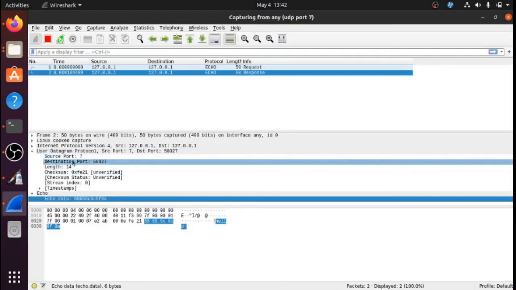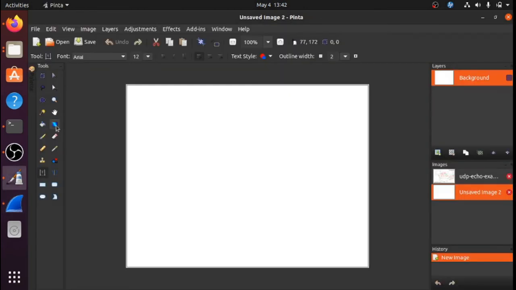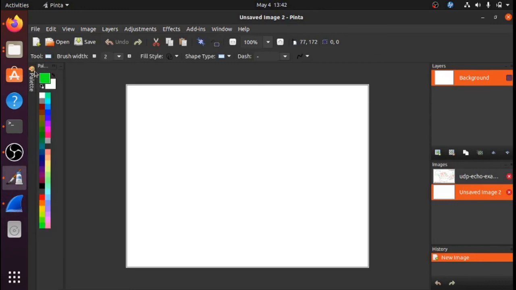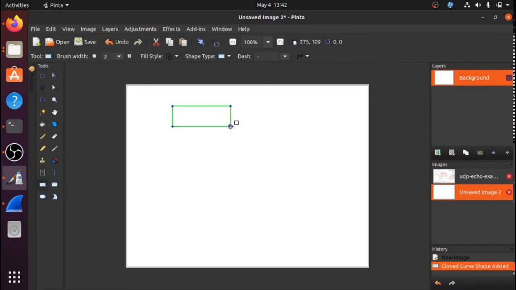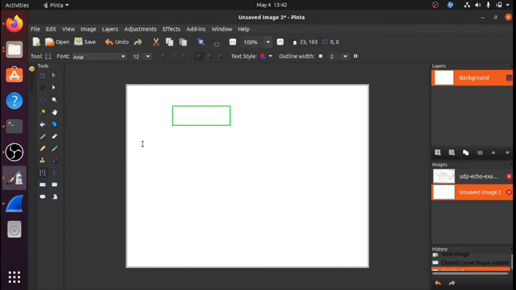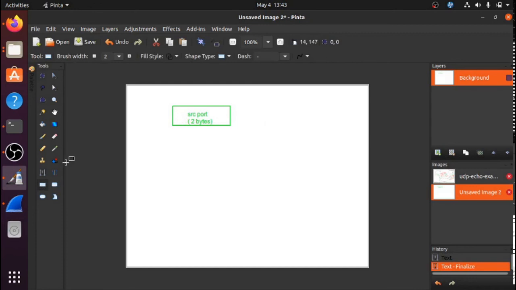The first thing that is required is the source port. So you can easily figure out how this works. Just take a triangle here. Okay, let's take a source port here. This is the source port, and let's label it immediately. We know this is 2 bytes, 16 bits. And what's the destination port?